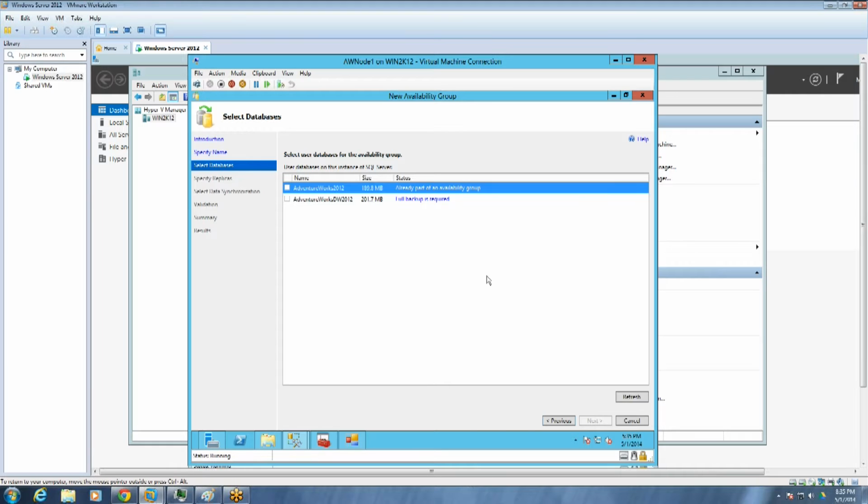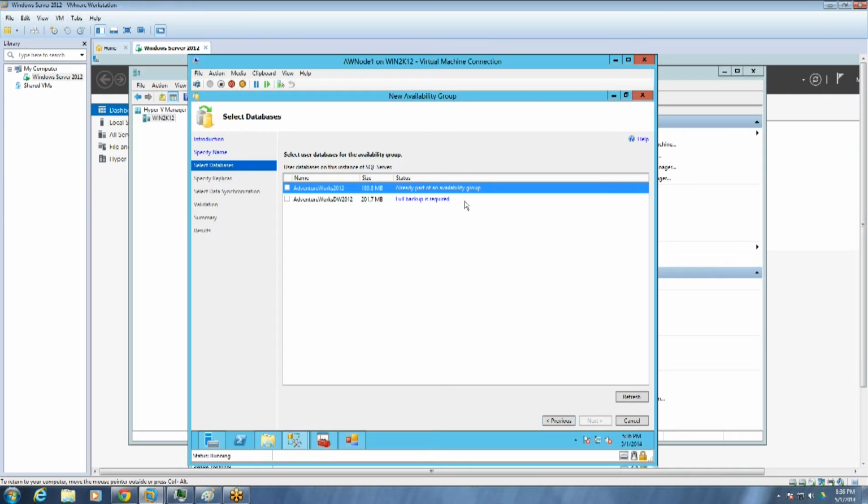Another point to note is that to make a database part of an availability group, you have to have a full backup. As we discussed earlier in how the synchronization and data transfer process works, it first applies the full backups on the secondary nodes and then transfers and hardens the transaction log backups on the secondaries.